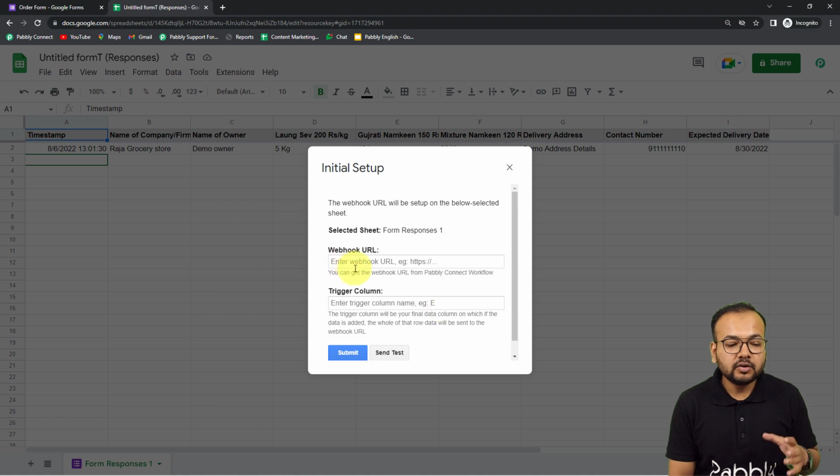So in the webhook URL field, you have to paste the webhook URL that you got from your workflow, and in the trigger column, you have to mention the name of the last data entry column, or the final data entry column that is going to trigger our workflow. This means